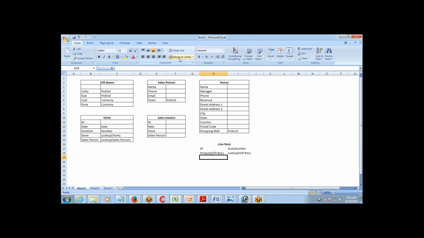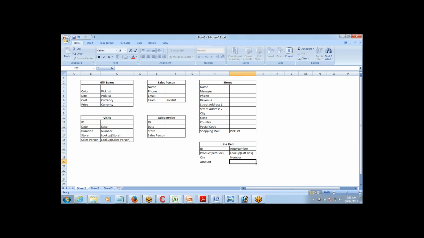And then we have quantity, which will be a number,